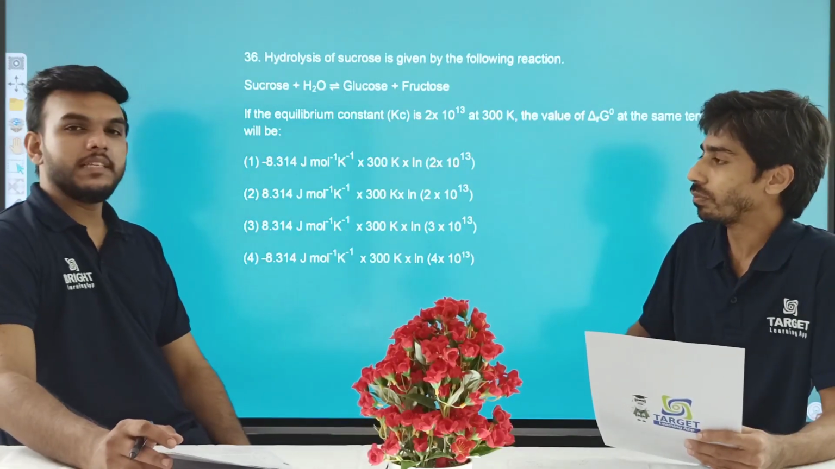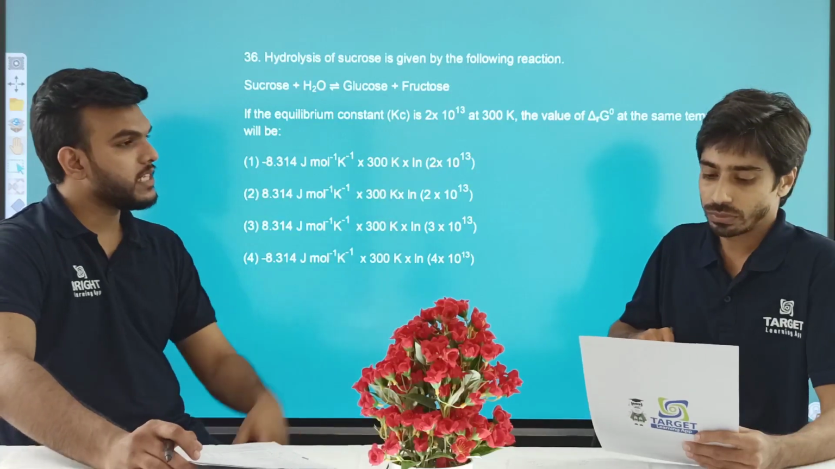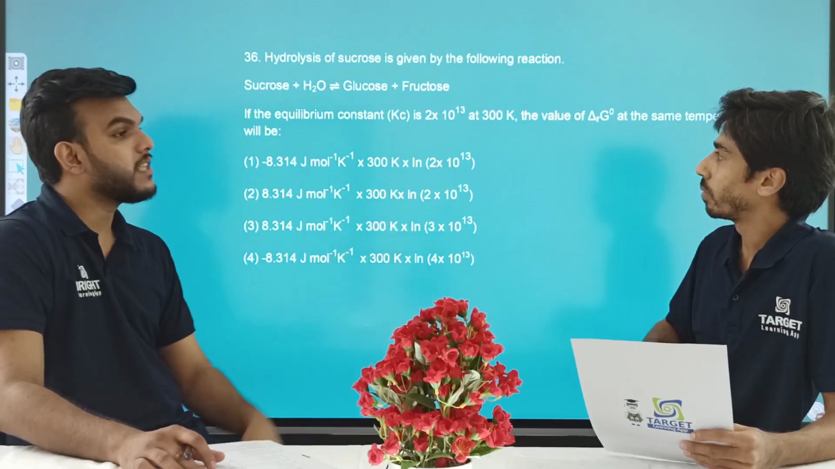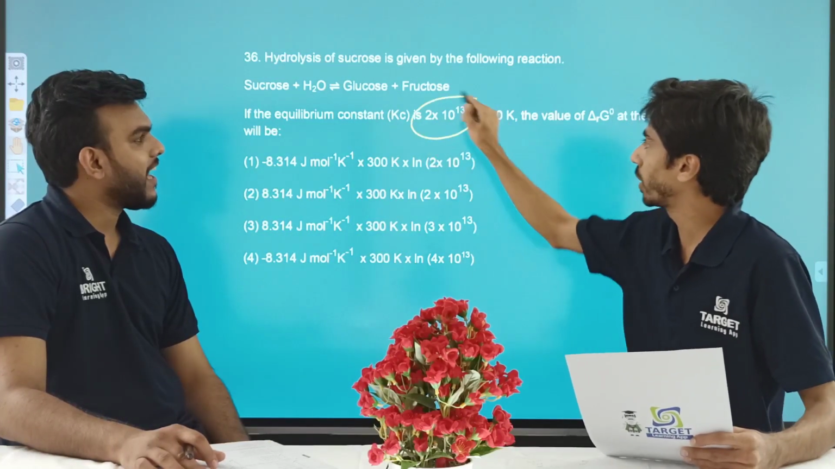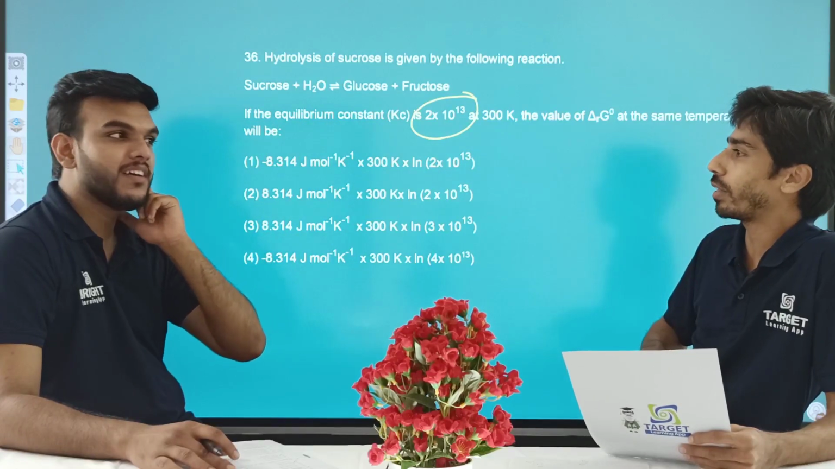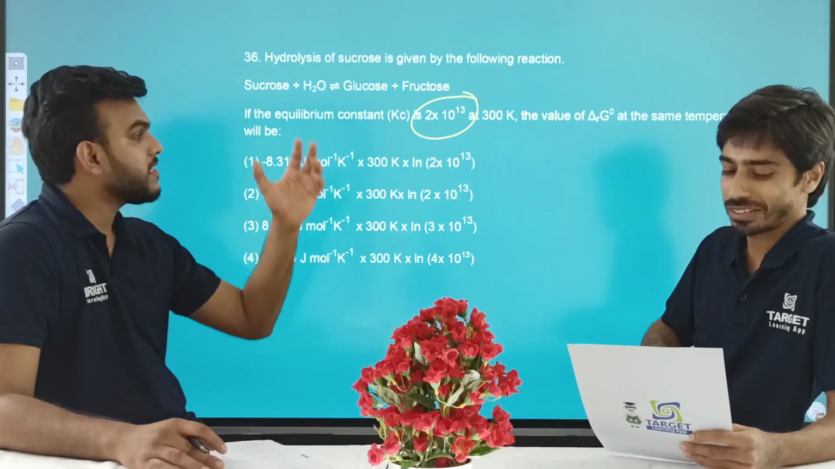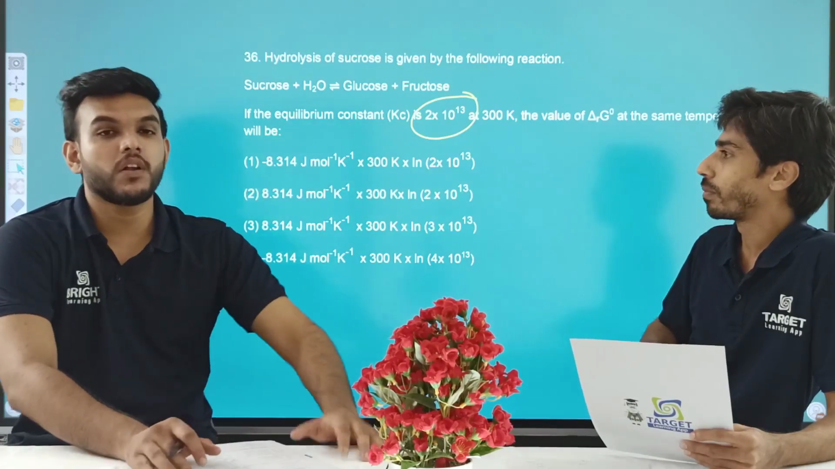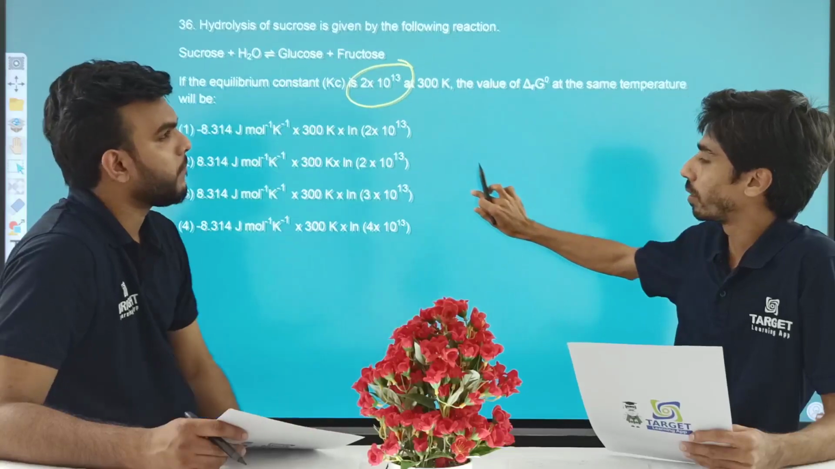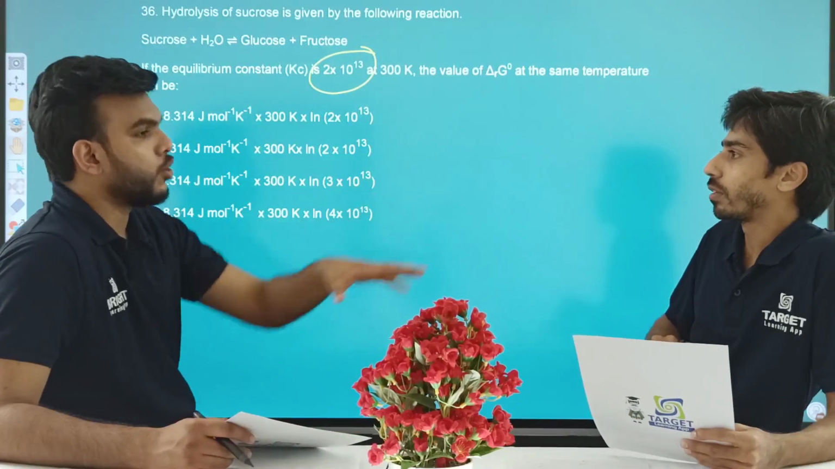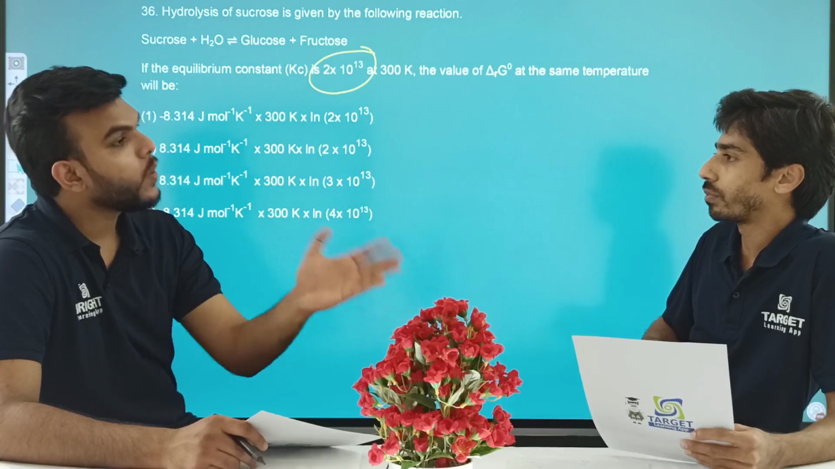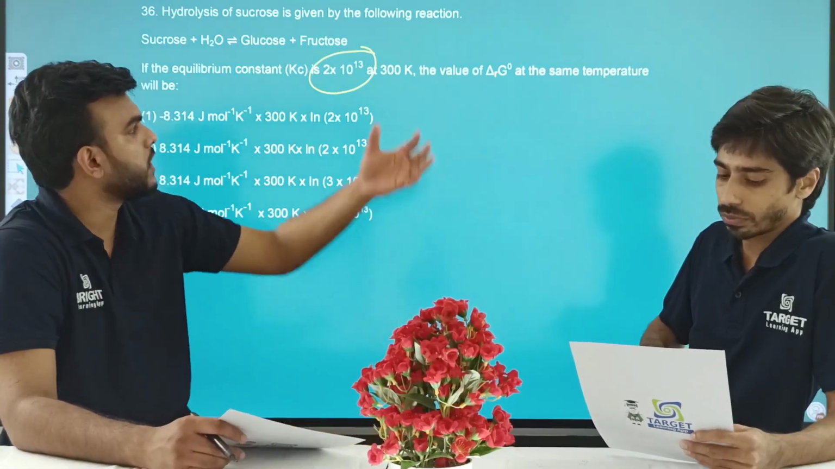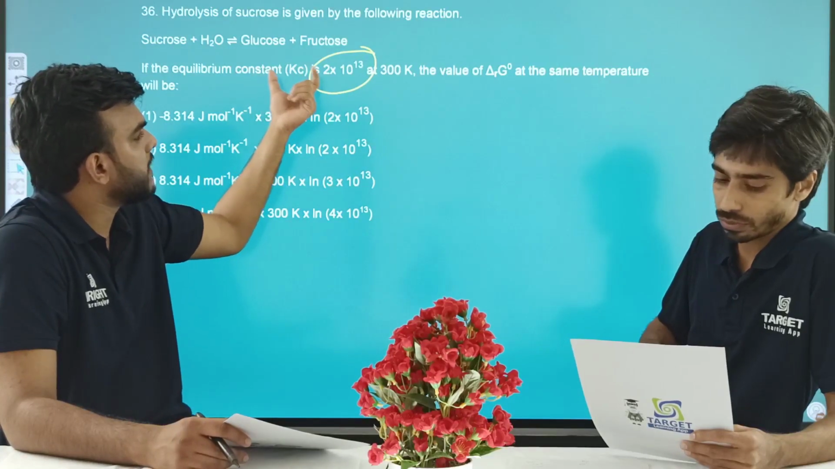We can also use the delta G concept in equilibrium, with respect to the Kc value. The Kc value is 2 into 10 to the power 13, provided. The relation between the equilibrium constant and Gibbs energy is given in our NCERT in the chapter on chemical equilibrium. After physical equilibrium we have chemical and also ionic equilibrium. Just before the ionic equilibrium it was given in our NCERT, that is the relation between Kc and